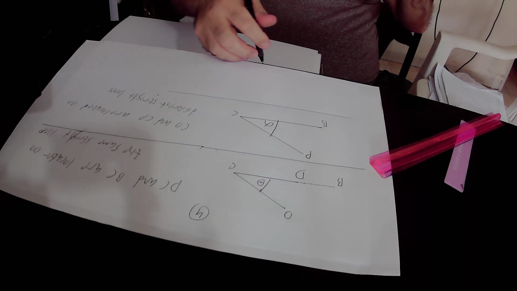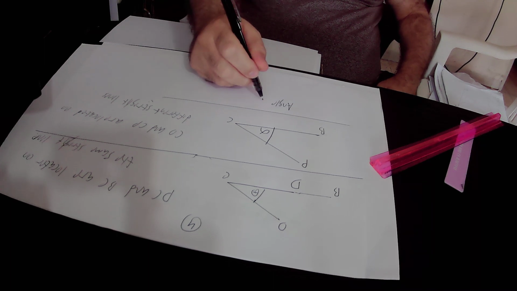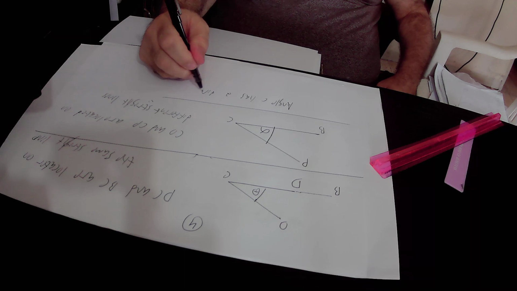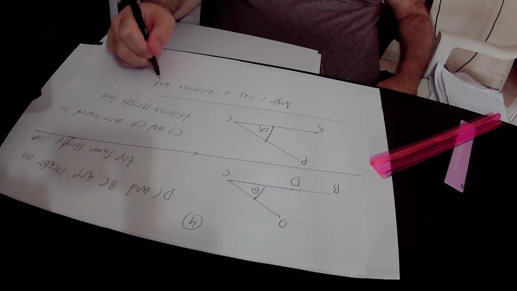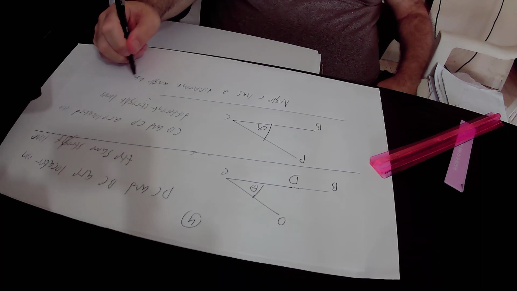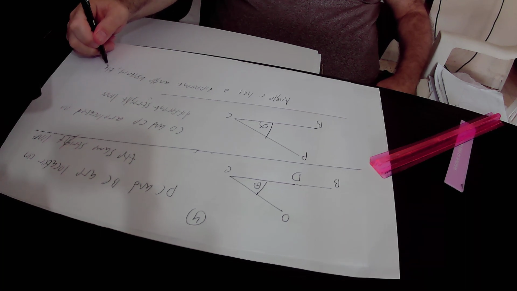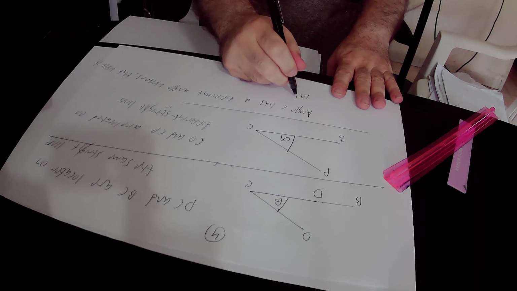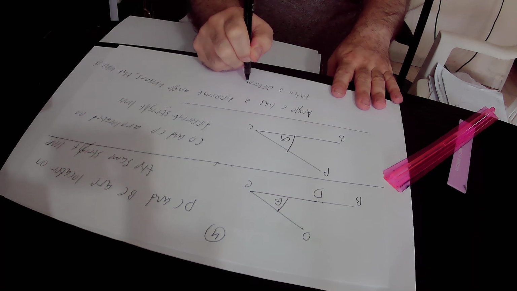Okay, so we actually found out that angle C has two different angle bisectors that bisected it into two different halves,